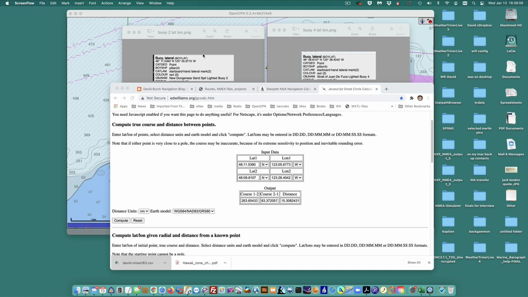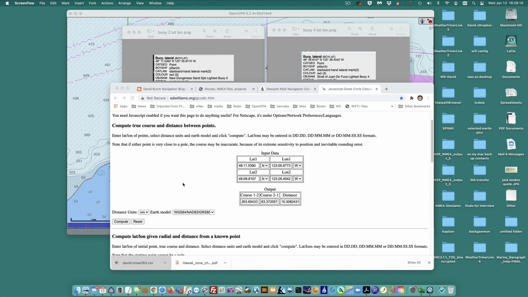So this is what I get from cursor picking the ENC chart for the location of the buoy number 2, and here's the same thing for buoy 4. Then I take this latitude and longitude up here and put it into here, latitude, longitude here for number 2. And then push the button, and I chose WGS 84. This is a subtle program. It actually takes into account the shape of the Earth. And the chart we're using is indeed WGS 84. Okay, and what do we get? The course is